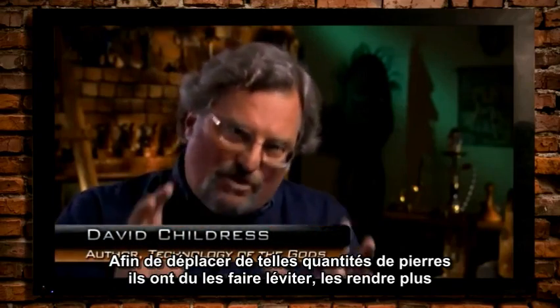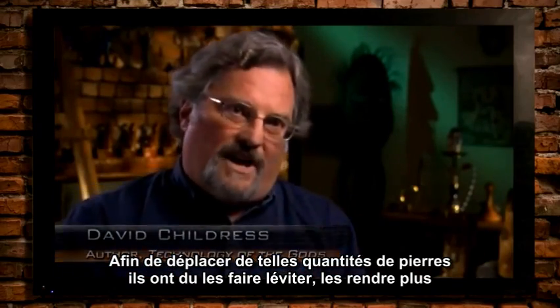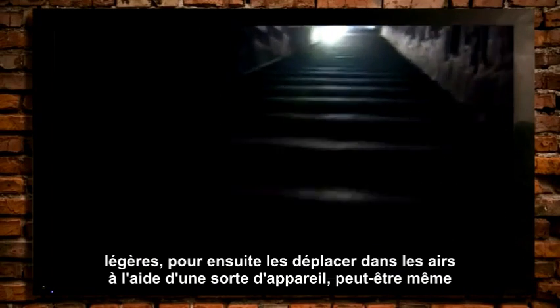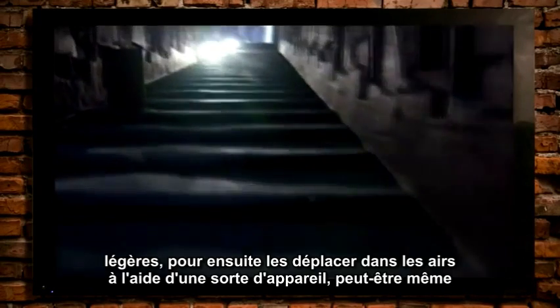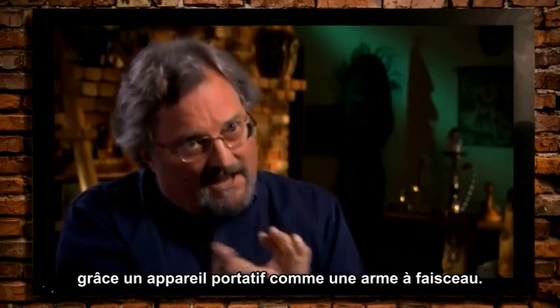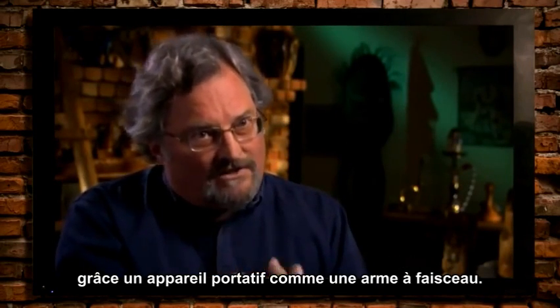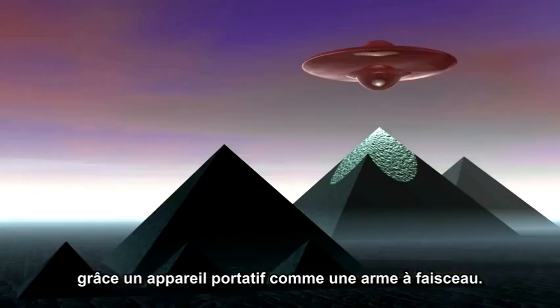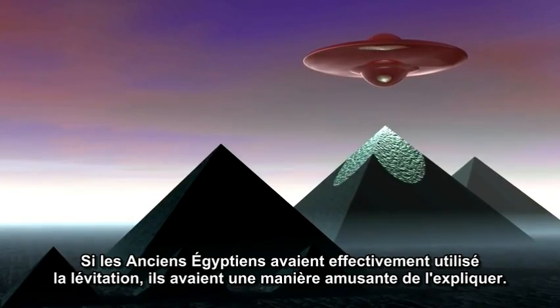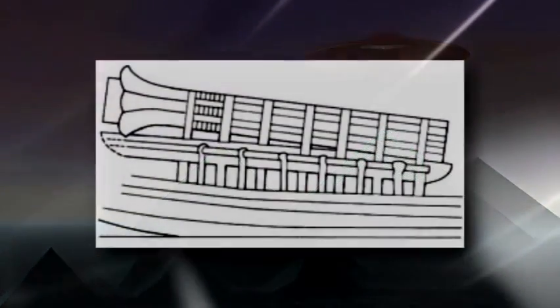In order to really move massive amounts of stone like that, they would have had to have been levitated somehow, made weightless, and then just moved through the air by some kind of device, perhaps even a handheld device, like some beam weapon. If levitation was the way that the ancient Egyptians moved stones, they had a funny way of showing it, because